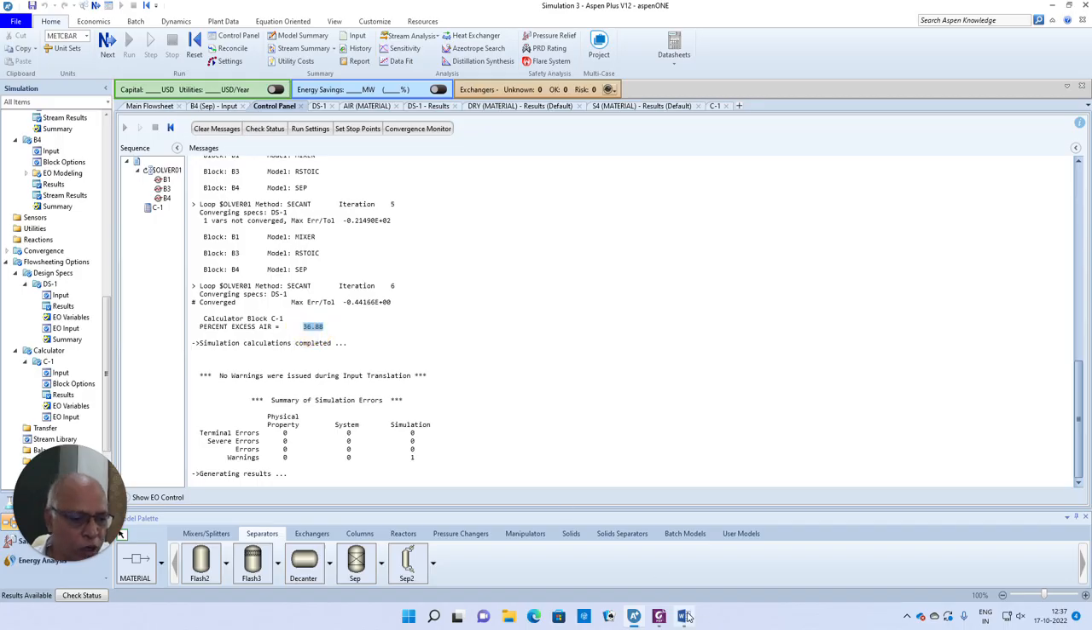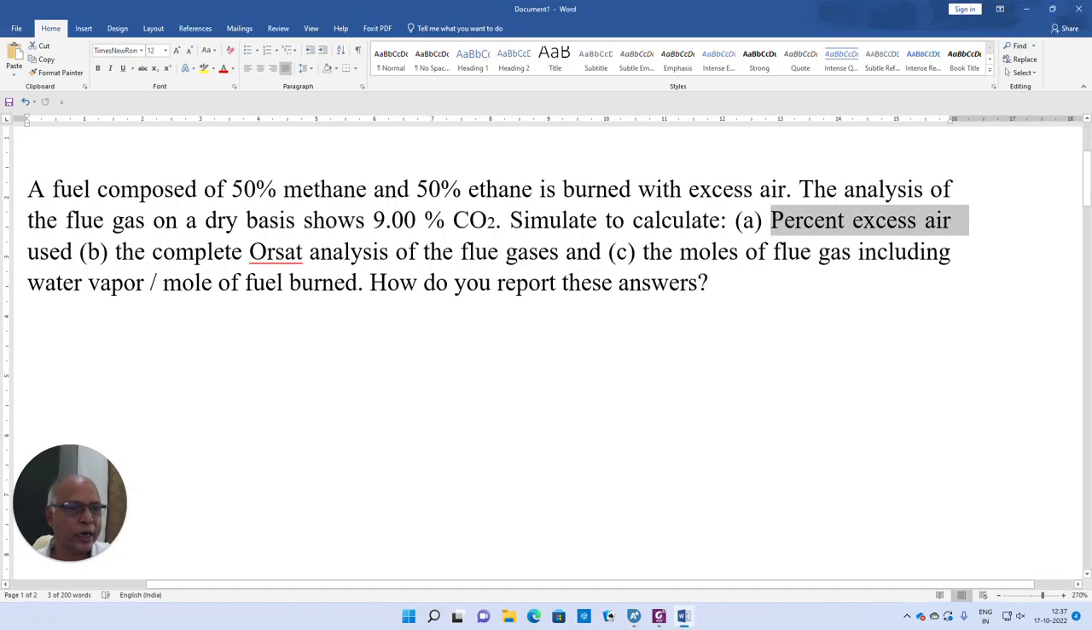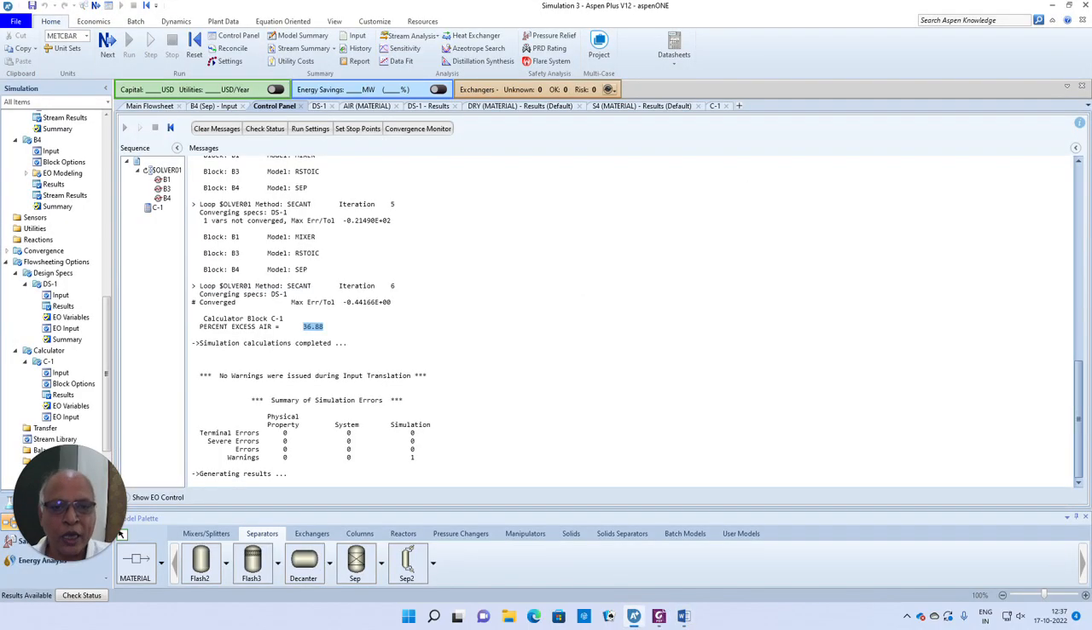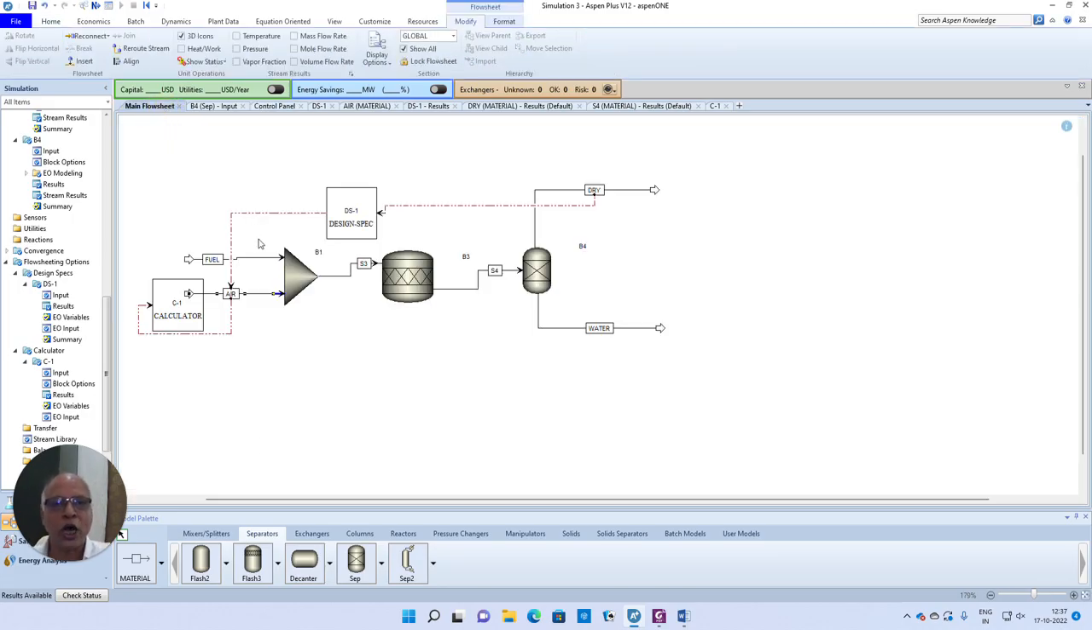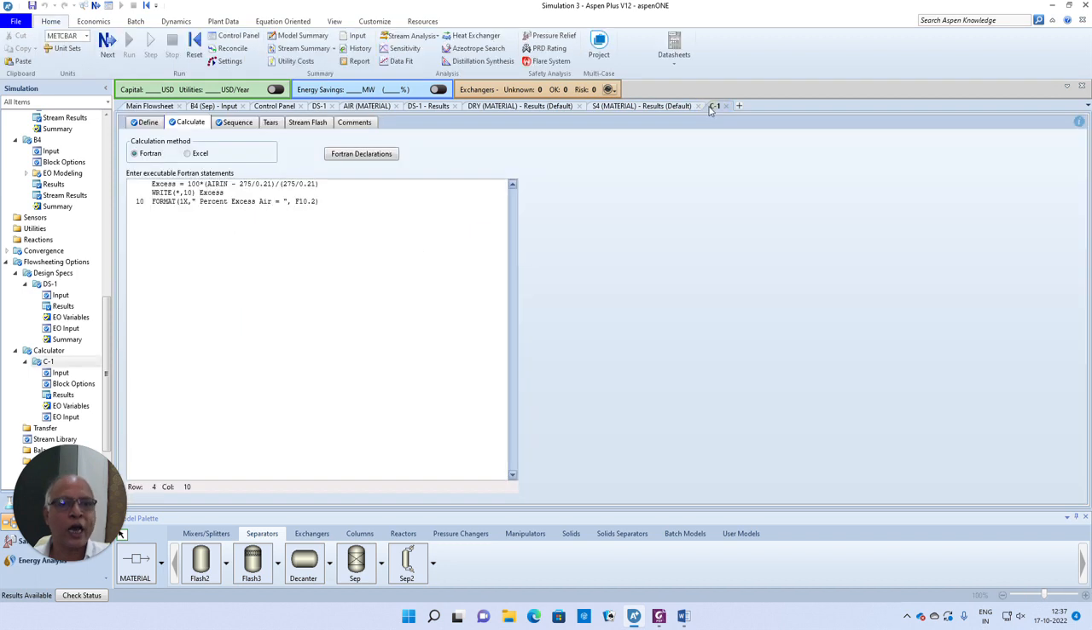In the same way, if you want, you should also be able to report the ratio of moles of flue gas divided by moles of fuel burned, by reading the values of moles of flue gas generated. We already have the information about moles of fuel, so you should be in a position to report that. Probably we will see some more applications of using the calculator block separately. In the same way, we should also be able to do this in a calculator block using Excel instead of Fortran. So let me also show you. Probably I'll try to show you this in another example. So with this, I would like to